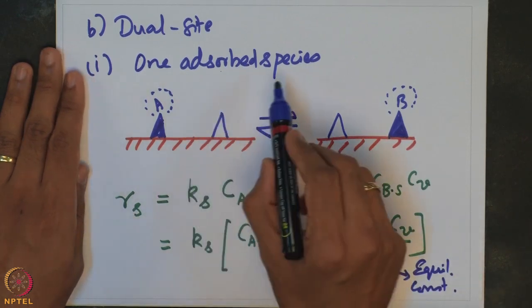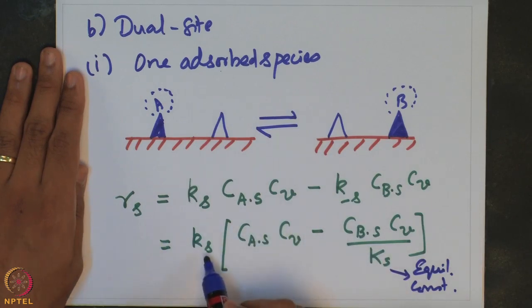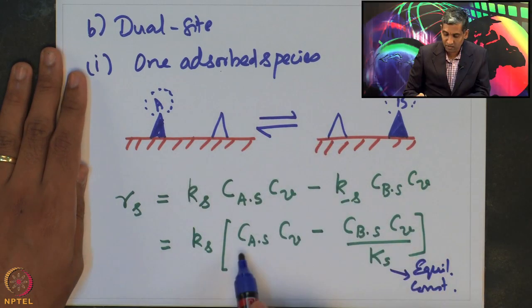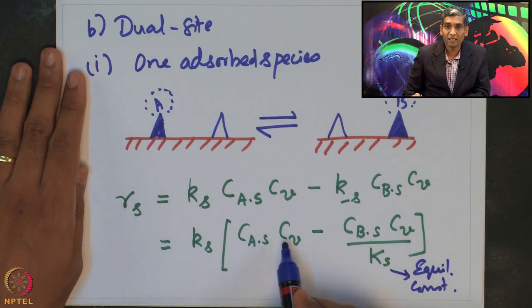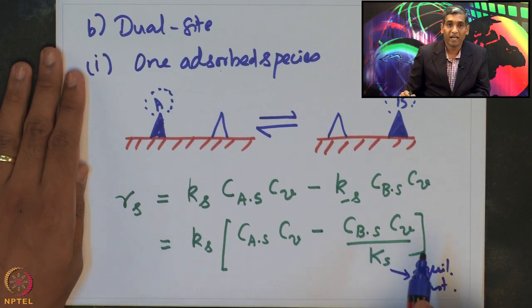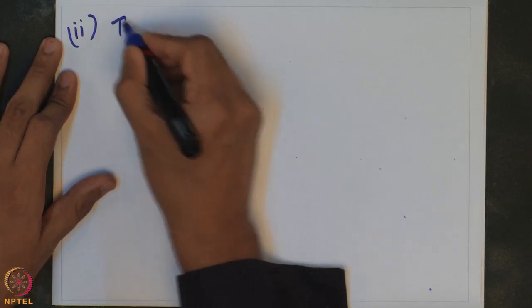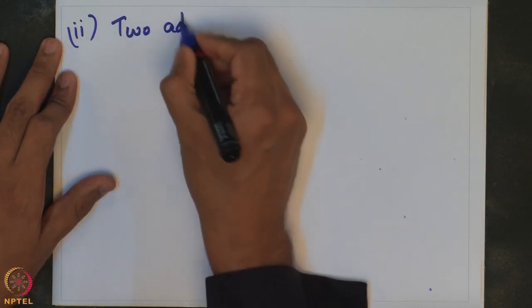So, for one adsorbed species dual site case, the rate is given by Ks, which is the forward rate constant, multiplied by Cas into the vacant site concentration minus the Cbs into Cv divided by Ks. So, let us now look at the second case of dual site mechanism, where there are two adsorbed species,